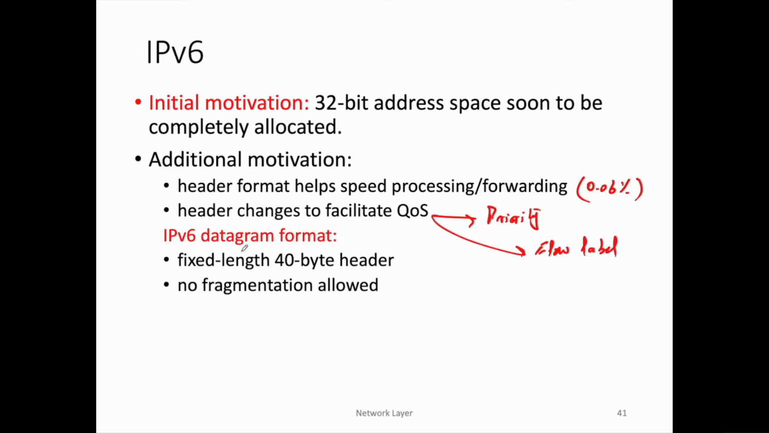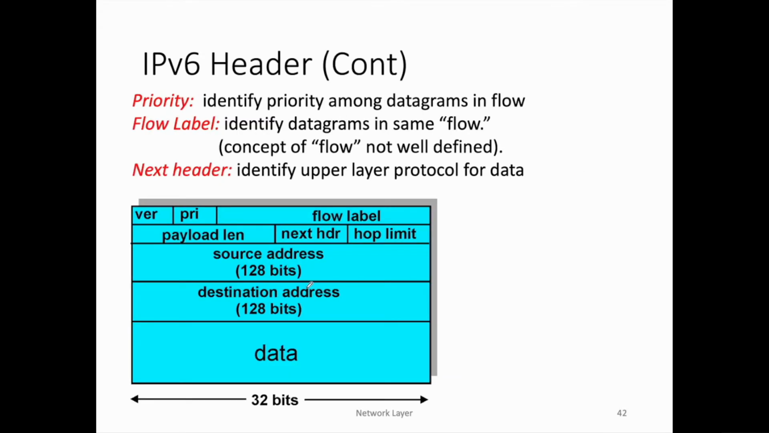And also the IPv6 datagram format has a fixed header. Its header is not variable, and most importantly, we have discussed earlier that it does not allow fragmentation and reassembly, which really makes the job of end machines and routers simple, because now these machines and routers do not need to do the fragmentation and reassembly. Okay, so if we look at the